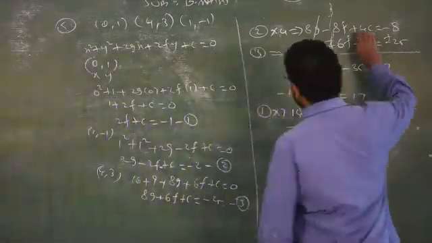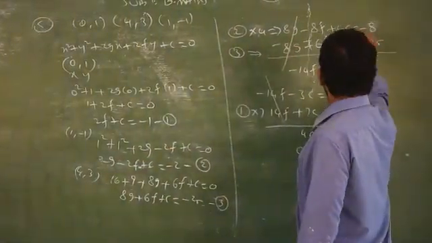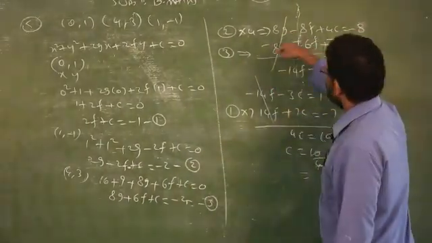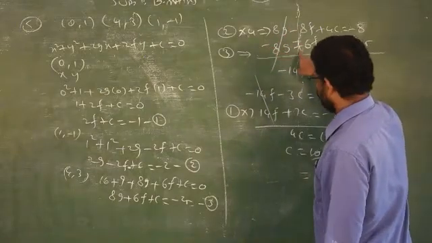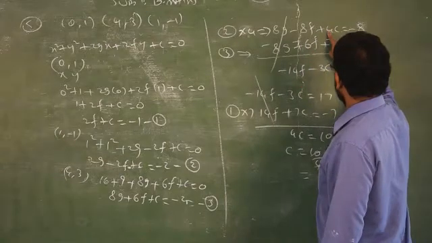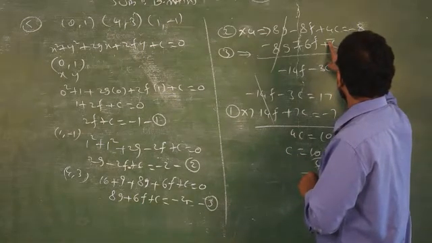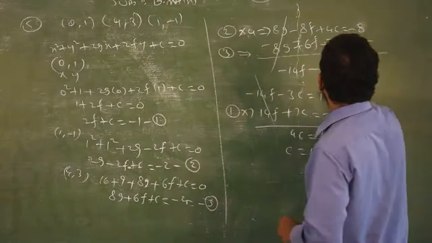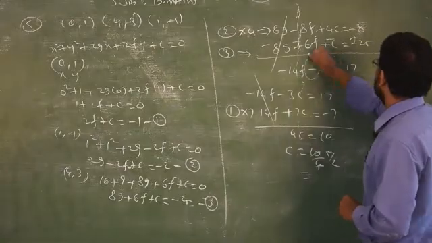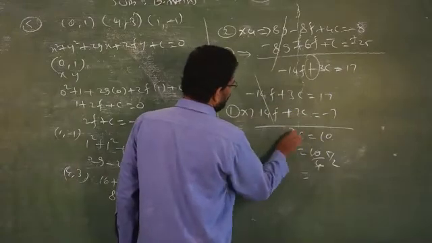Then apply the elimination method by multiplying this by which table? 4 table. 4 2s are 8, 4 minus 8. Then 8g plus 6f plus c is equal to minus 25. Change the sign to eliminate this one. Plus will become minus, minus 8 minus 6 will give you minus 14, plus 4c minus c, which will give 3c. Here I made mistakes. Plus 3c, so we will get plus 3c. So we will get 7c is equal to.